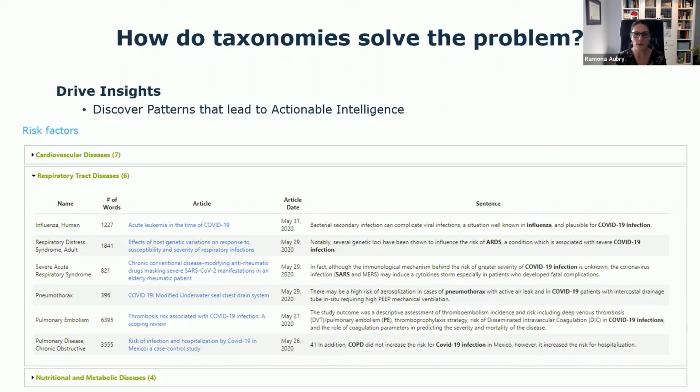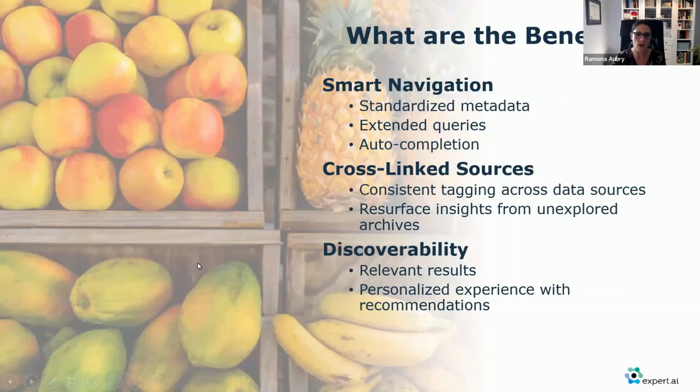So this type of data helped us drive more insights about COVID-19 to identify the most vulnerable patients that had these risk factors. Because we provided this comprehensive view of a domain with the taxonomy, we could give end users more tools to discover connections that they wouldn't find if they surface the content from a shallow perspective, just by writing up keywords. So in this particular case, thanks to a taxonomy, we transformed data into something actionable, most likely providing insights for patients that were at high risk with COVID.